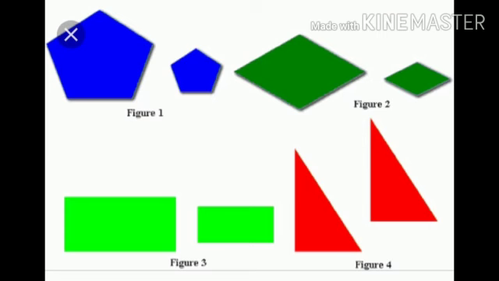Let's see these figures. Four figures are given. Now go through these pictures. What do you recognize? First three pictures are same shape only, isn't it? What about their size? Are they same? No. But in the case of figure 4, both size and shape are same. Now see these two planes. These two planes are same size as well as same shape.